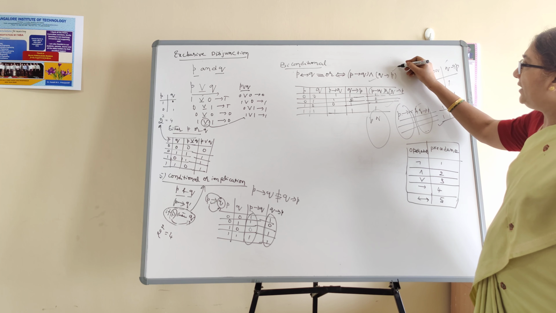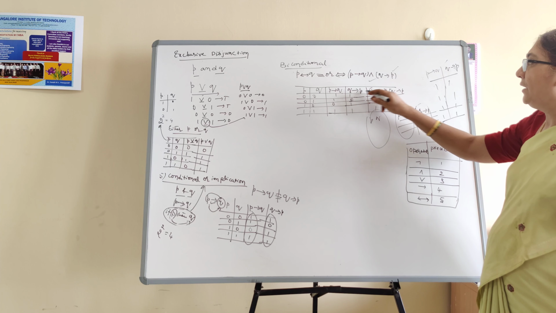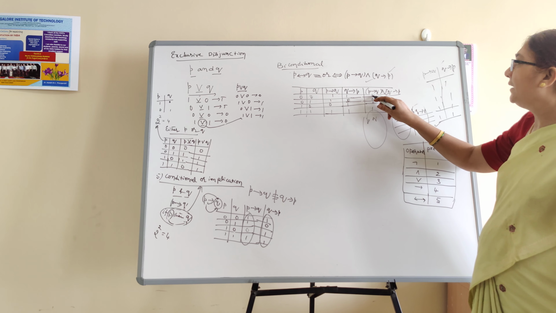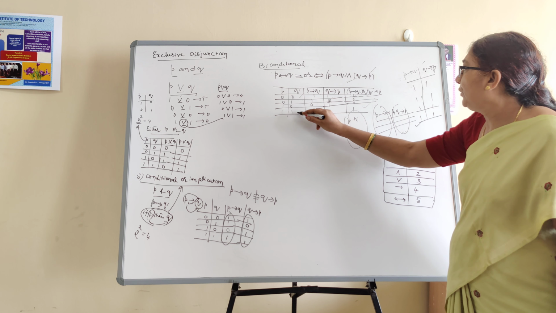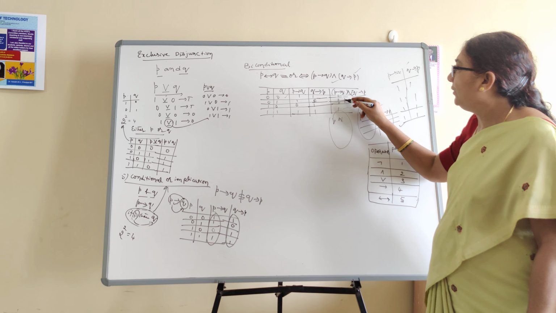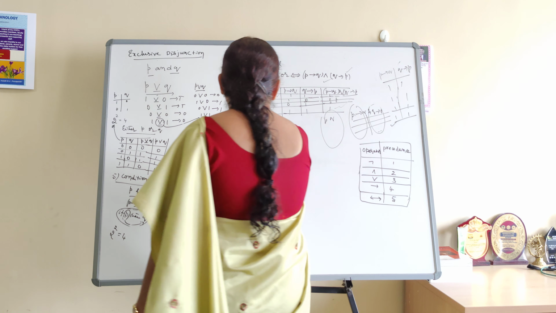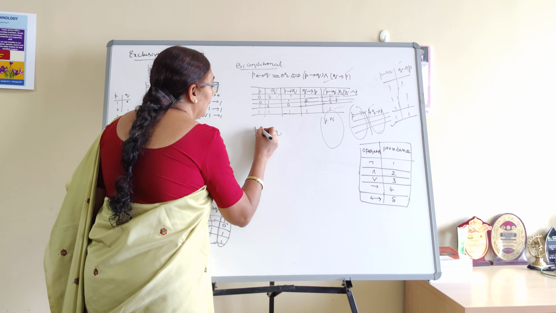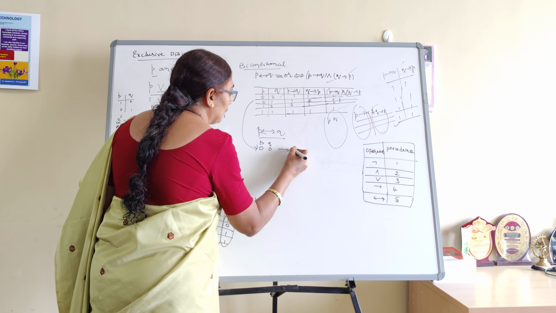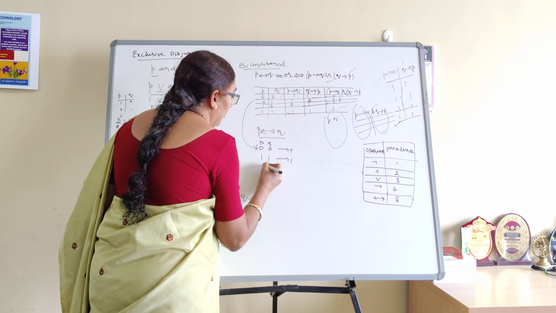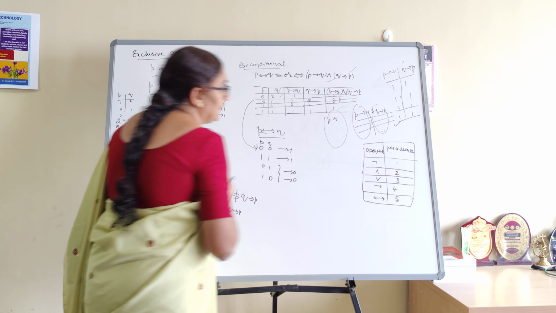Therefore, now biconditional, how to find out? I have to find out P conditional with Q, and also find out Q conditional with P, and find out the conjunction. What happened? The conjunction: both are false, then it is true. Both are true is true. One is true is false. Observe carefully. P biconditional with Q is true in this table when both P and Q are false. Both are true is true. But one is true, one is false, in these two cases, false. This is a way to identify.